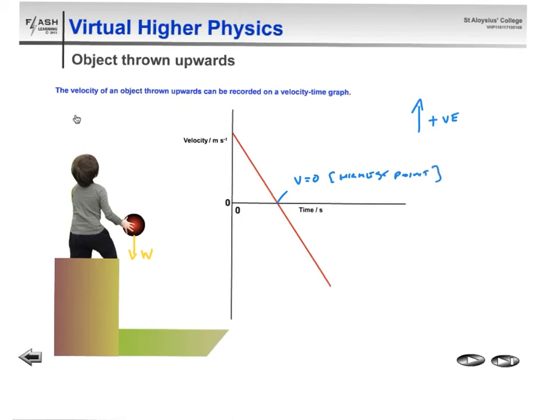before the ball falls back down again, and on the way back down it's accelerating but in the negative direction. Okay, so your velocity goes from being positive to 0 at the highest point, and then it becomes negative, but it's accelerating during that phase. Okay, so decelerating here, accelerating here, but the acceleration remains minus 9.8 throughout,